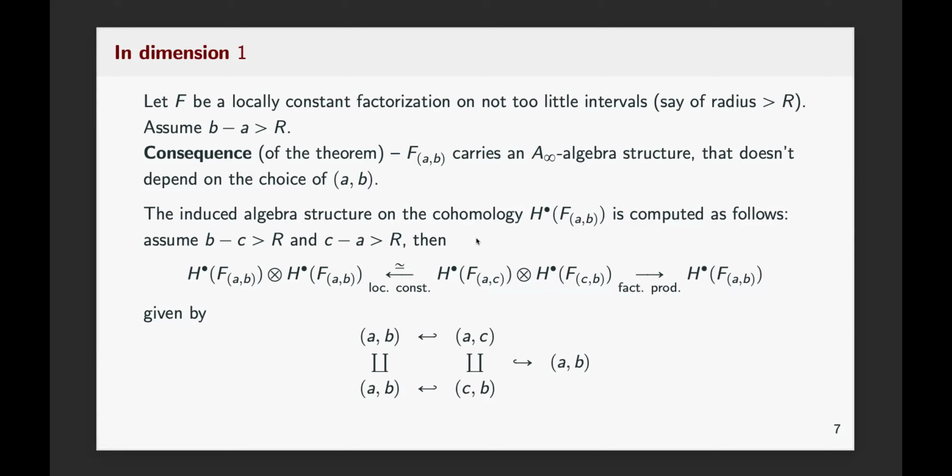If you want to express the A infinity structure, you can use a bit of the same game to keep track of the higher homotopy. But at least if we're only interested in what happens in cohomology, that's how we can do it. And essentially, in the next example I'm going to give, the cohomology is concentrated in degree 0. So the complex is quasi-isomorphic to its cohomology. So there's no higher homotopies.